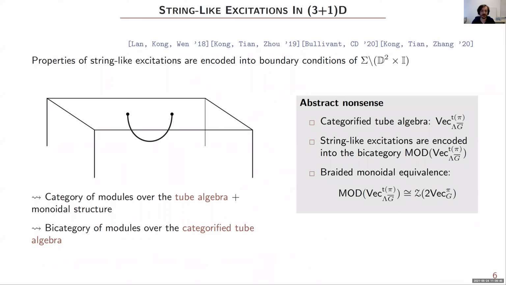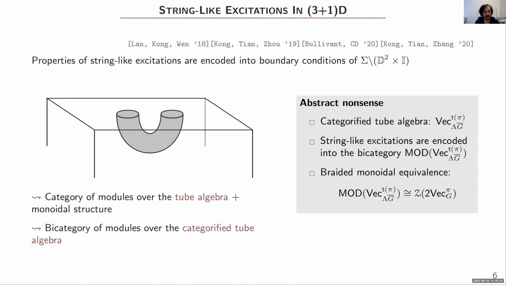Okay, so now let's talk about the string-like excitations. And again, by string-like, I'm not referring to a Wilson line or something like this. I'm referring to a topology of the defect, which will then support some flux and charge. So the study of the string-like excitation is quite more subtle than the loop case. So for the sake of time, I'm going to have to be slightly vague. But the idea is still in the same spirit as before.